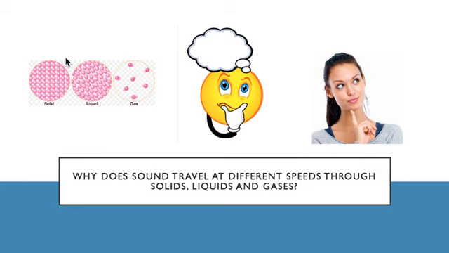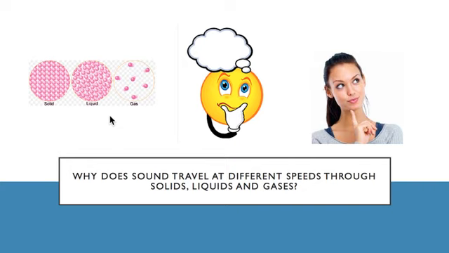In a solid, the particles are this nice fixed shape. They're really close to each other. In a liquid, we've got a similar kind of distance between the particles, so they're slightly more spread out, but there's no sort of fixed pattern. And in a gas, all the particles are far apart. And this is really the reason why sound travels at different speeds. When the particles are close together, it's really easy for them to knock into the next ones. In a liquid, it's not quite as easy, and in a gas, it doesn't happen as quickly at all. So these particles got to move that distance before they hit into the next one. And that's basically what happens.